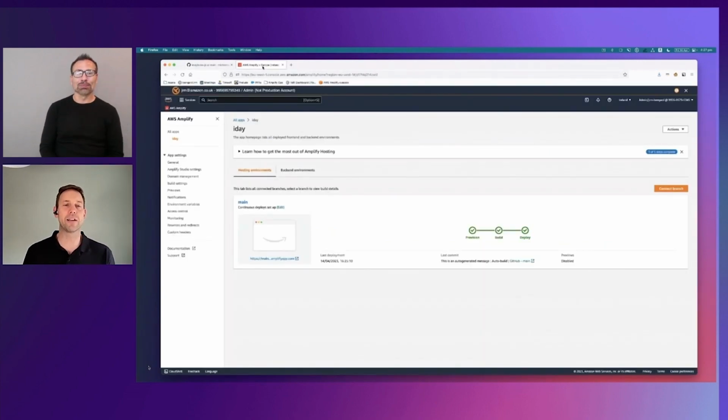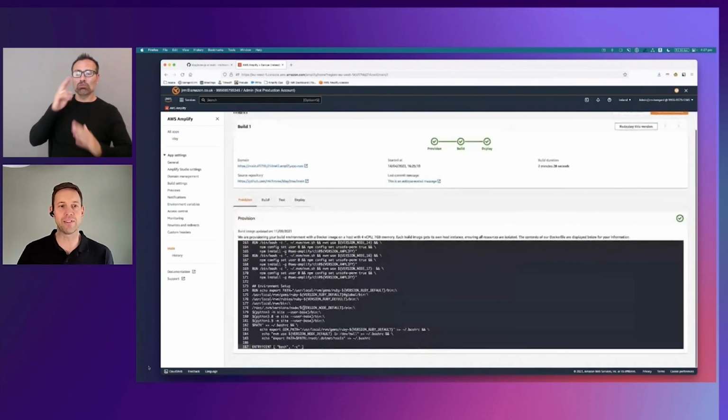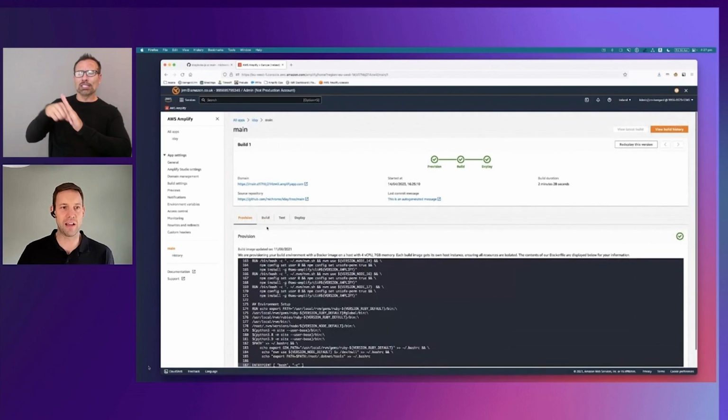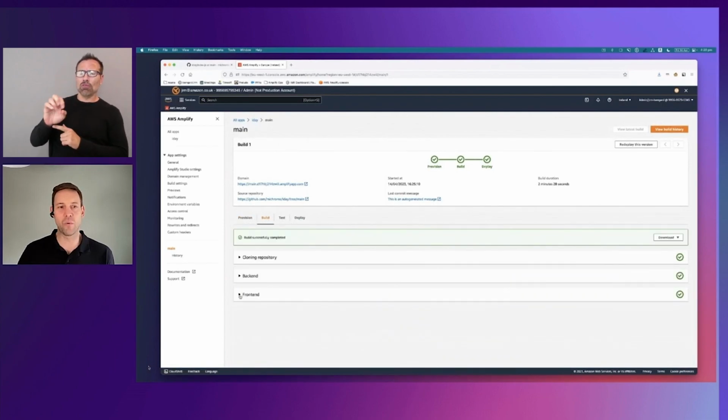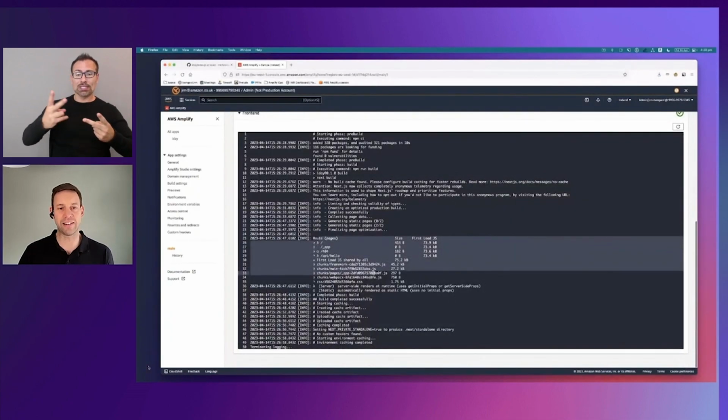If I flip back now in my application, we can see that it's gone through the process of provisioning, then it has built the application and finally deployed it. And I can dive in and see a little bit more detail there. So you can see the provisioning process. As we got the infrastructure ready, we had a front-end build, and you see here it has built the Next.js application